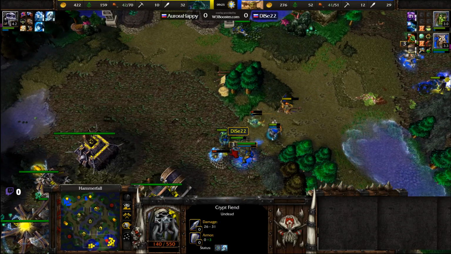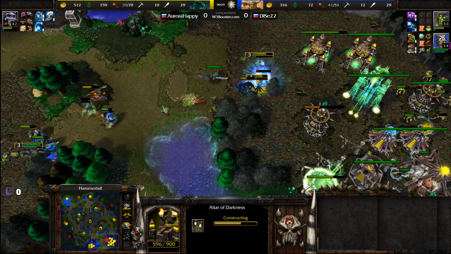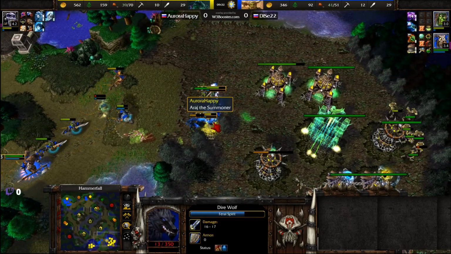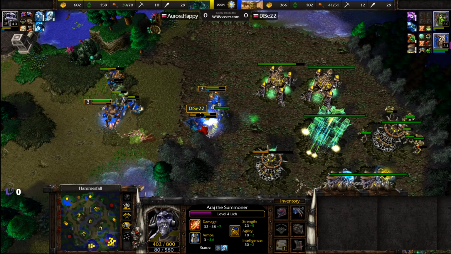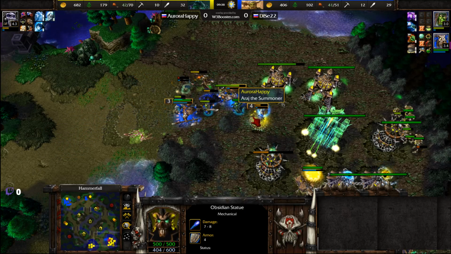All right, Tauren Chieftain now finds another Crypt Fiend. That's going to get taken down. A Death Knight, well, is still waiting to get trained up here, as we're looking at more and more damage lined up here. Dise is in some serious trouble. Obsidian Statues, however, could provide the necessary support. There is another